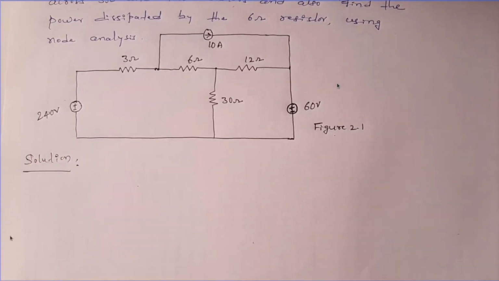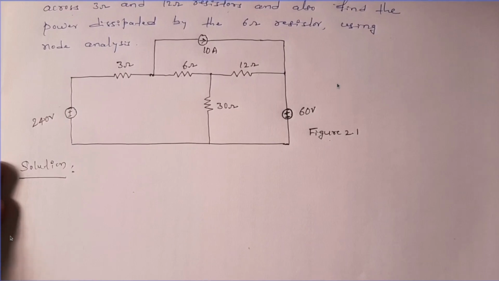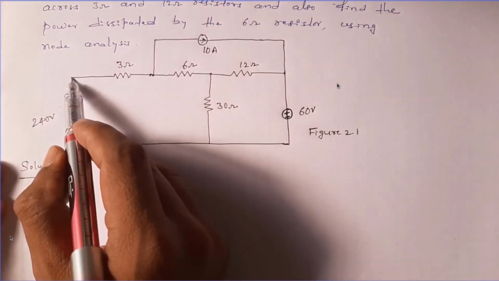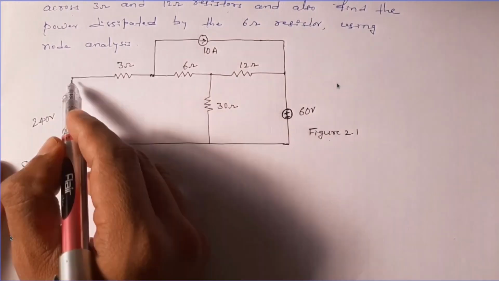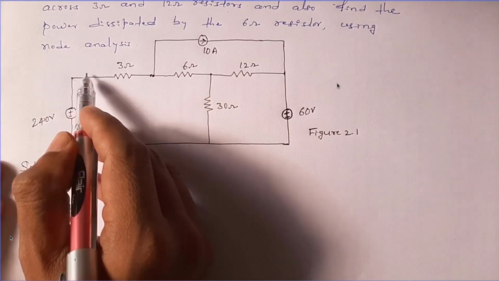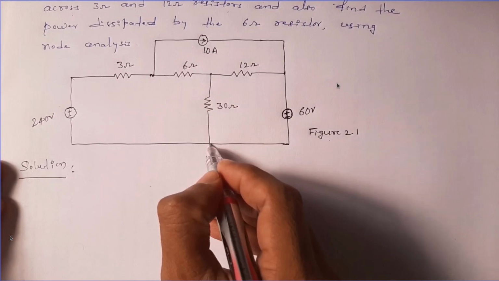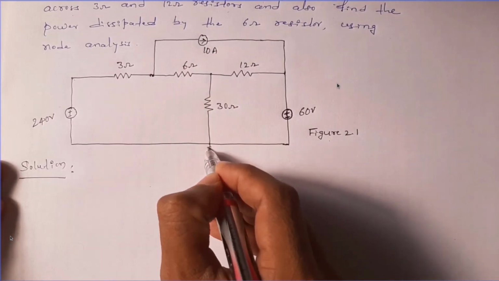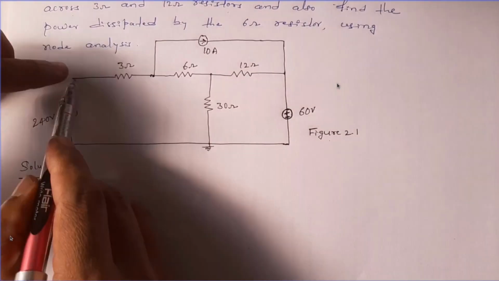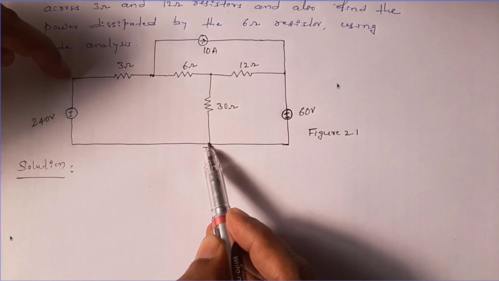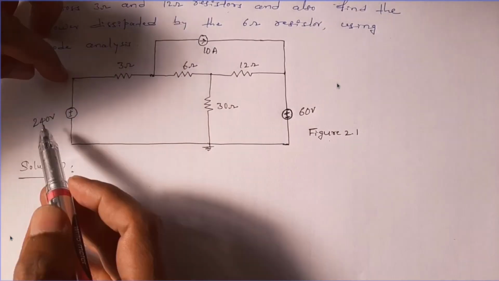So what I do, dear students, I am going to identify the number of nodes here. How many nodes are there? Is it a node 1? No, it's not a node. So I can consider this as a node. Actually this is a node because it's a connection of 2 elements. But if I consider this node unnecessarily, I am going to consider this as a reference or common node. Let me consider this first. If I consider here, already I know this node voltage. From here to here already I know the node voltage, because if I consider node N1 it will be 240 volts. Directly I'll be knowing this.